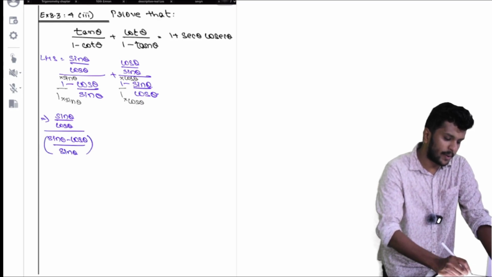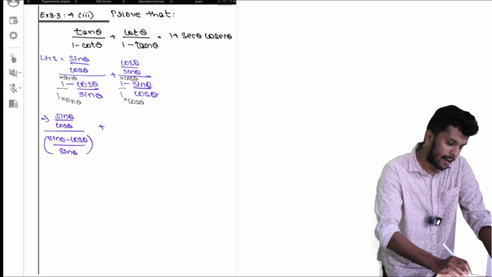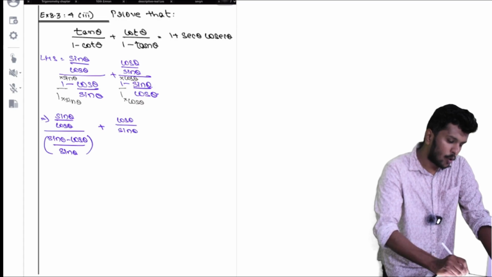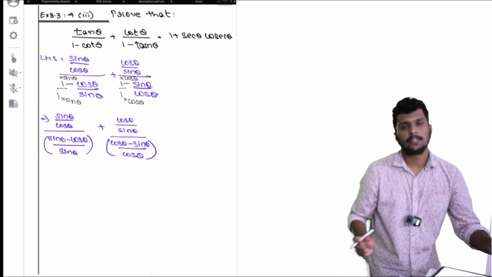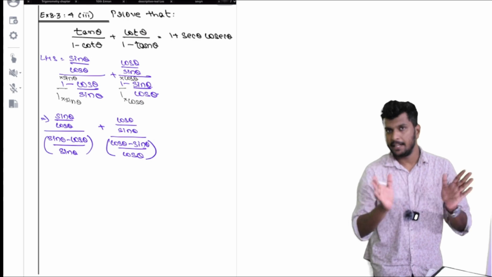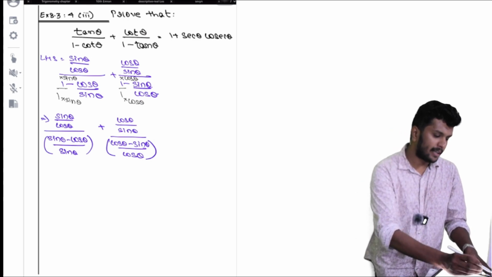This is your denominator. Plus cos theta by sine theta whole divided by cos theta minus sine theta divided by cos theta. Okay, so one thing you have to keep in your mind, my dear friends, is